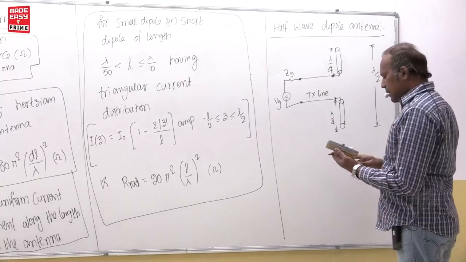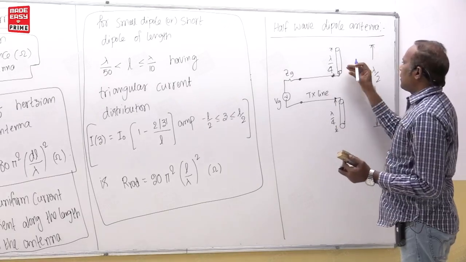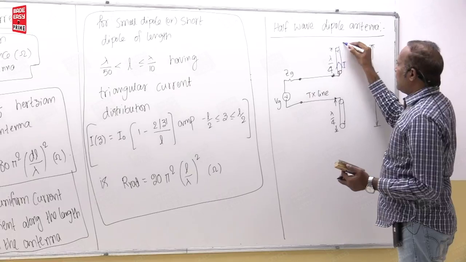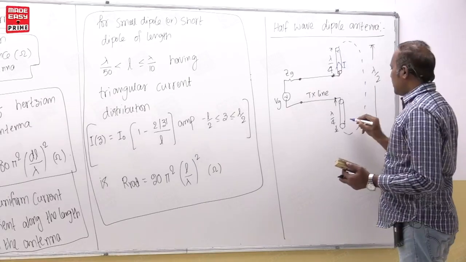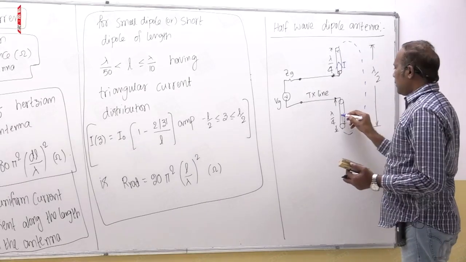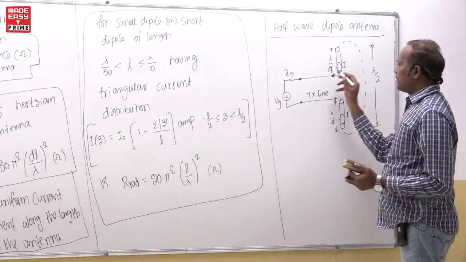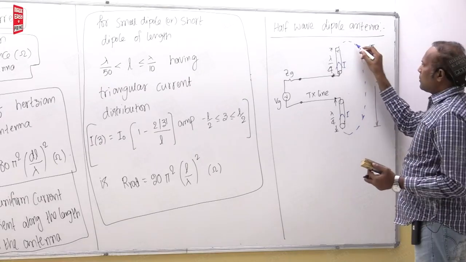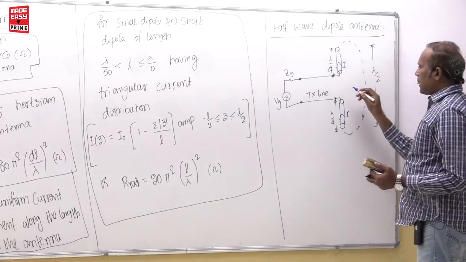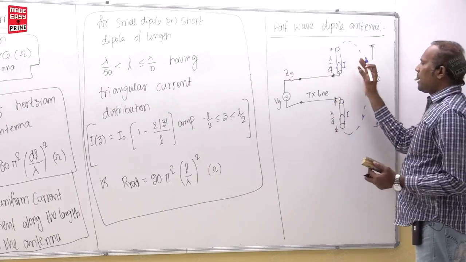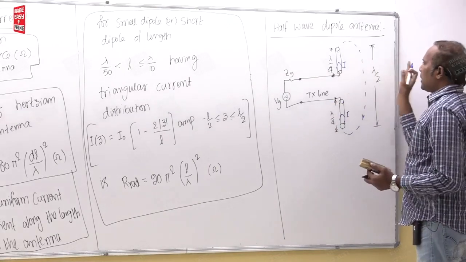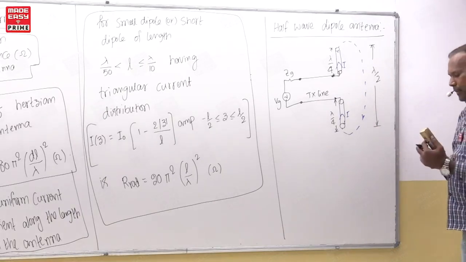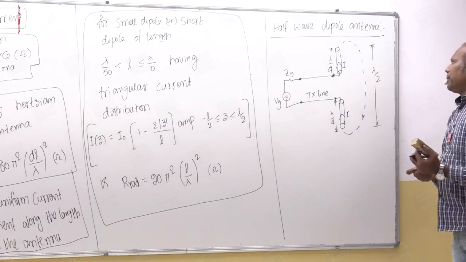So for this case, I already told you that if current goes here like this and it will be coming like this, so displacement current is there here. Once again current I goes like this, and whenever this IC conduction current changes to ID, again it comes back, but at the same time it is a high frequency current, it starts radiating also, okay, into the air. Now for this half wave dipole antenna,